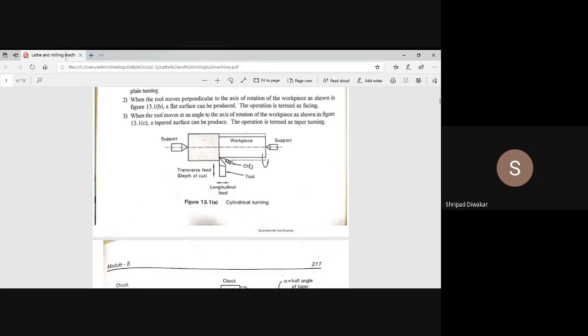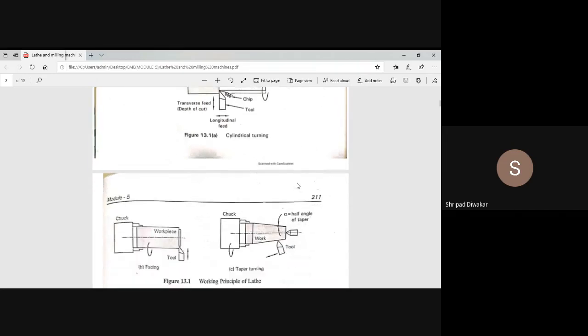In order to remove the chip easily, we supply lubricant. Whatever heat is generated during the machining operation is very high, and if the heat is very high, it is very difficult to get the chip from the given workpiece. In that case we supply coolant or lubricant. Once you supply the lubricant, the chip automatically comes out and we get the machining operation. Hence, for cylindrical turning, just remember the movement of the tool. The tool moves in a direction parallel to the axis of rotation, or the axis of the lathe machine. This is called cylindrical turning.